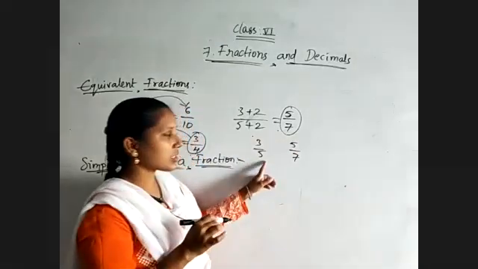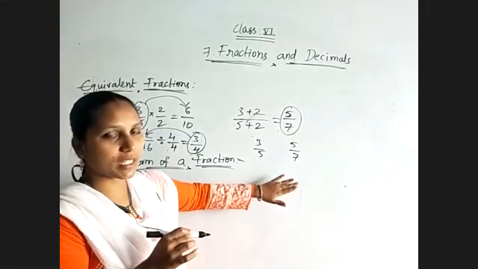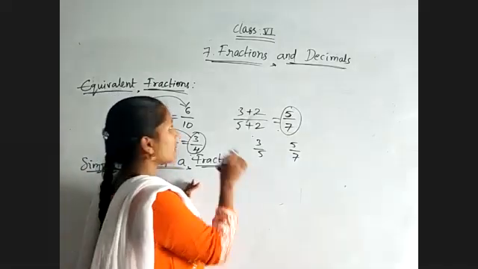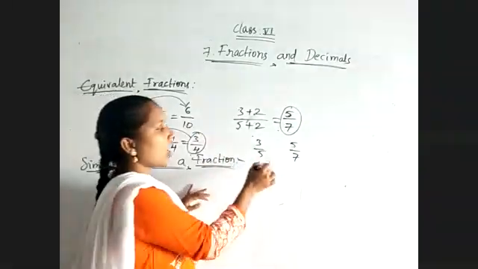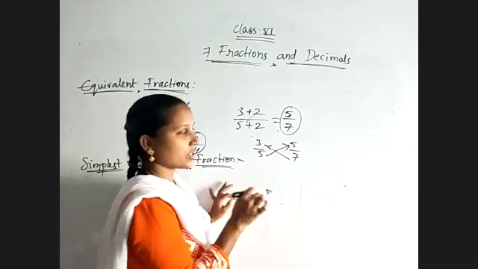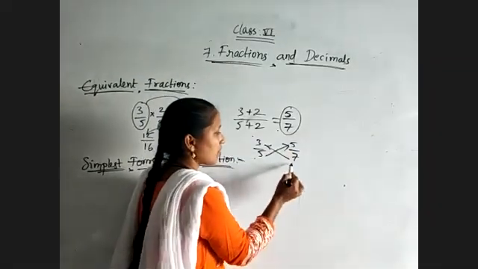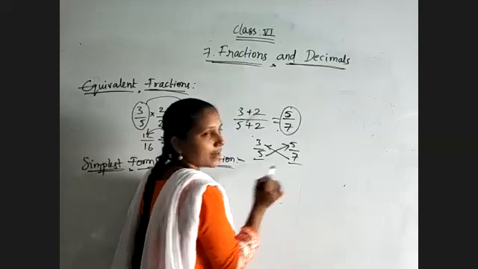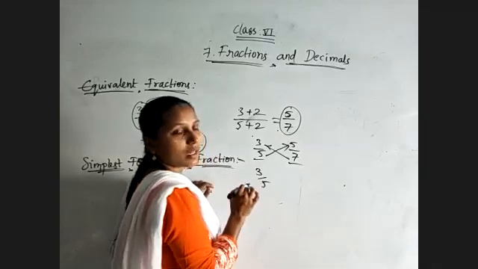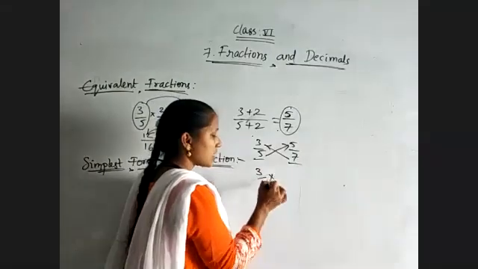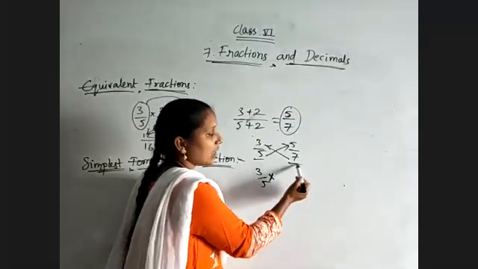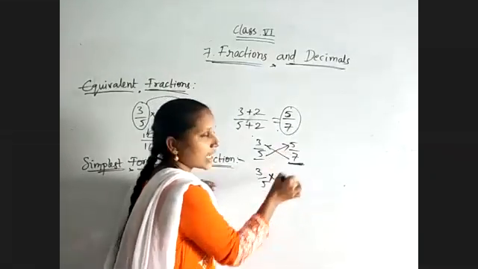So it is impossible to decide directly which one is higher. For that sake, we are using equivalent fractions. How will we use them? By using the method of cross multiplication. First identify the denominators of the first and second fractions. I am taking the first fraction, 3 by 5. In that case, I will take the equivalent fraction by multiplying with the denominator of the next fraction.